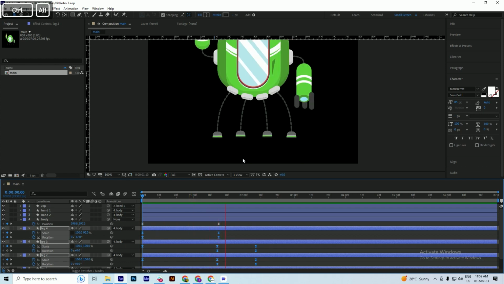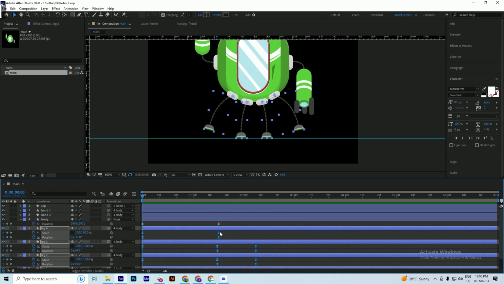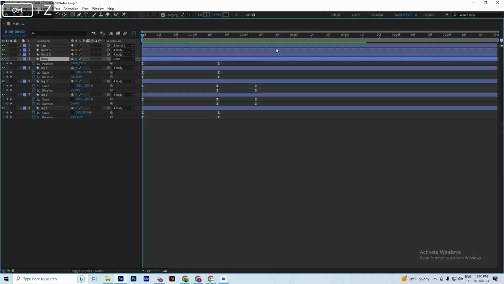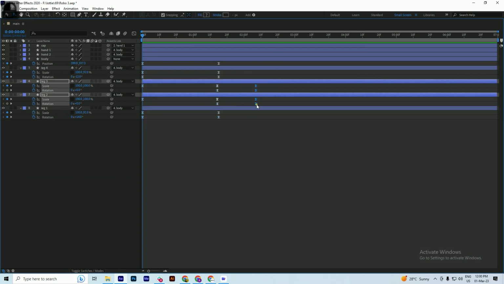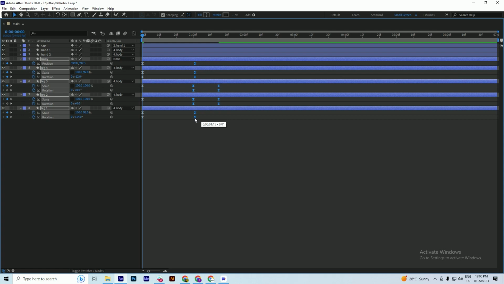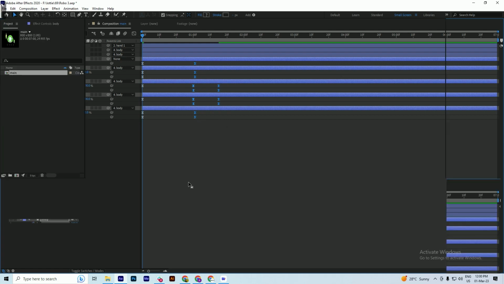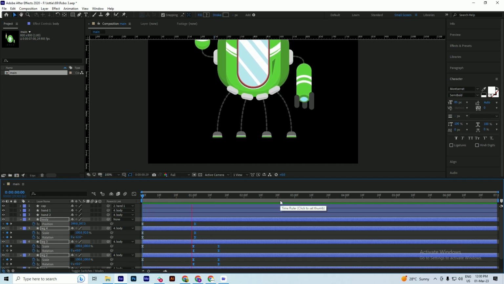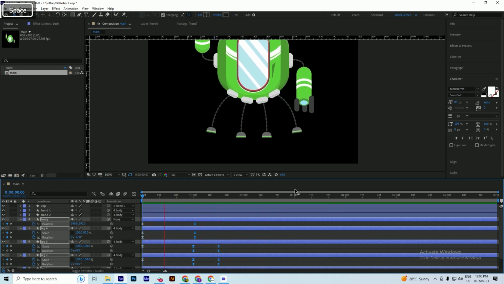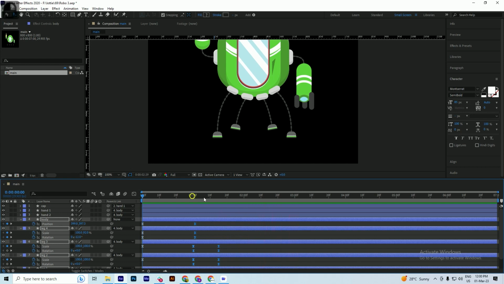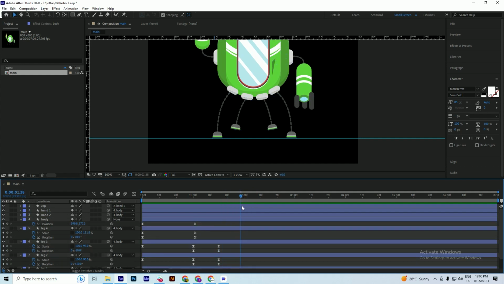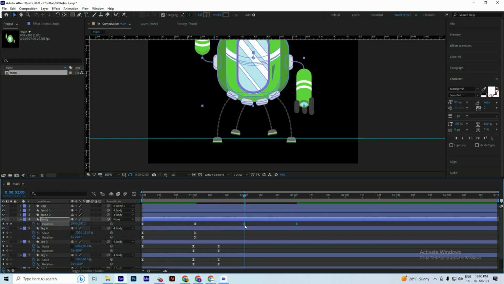Let's see what is going on. Yeah, so I'll do one thing, I just have to place these keys a little bit nearer, and also these keys a little bit nearer here. So let's see. Okay, and we'll go 2 seconds for the pause, and again I am going to copy these keys here and